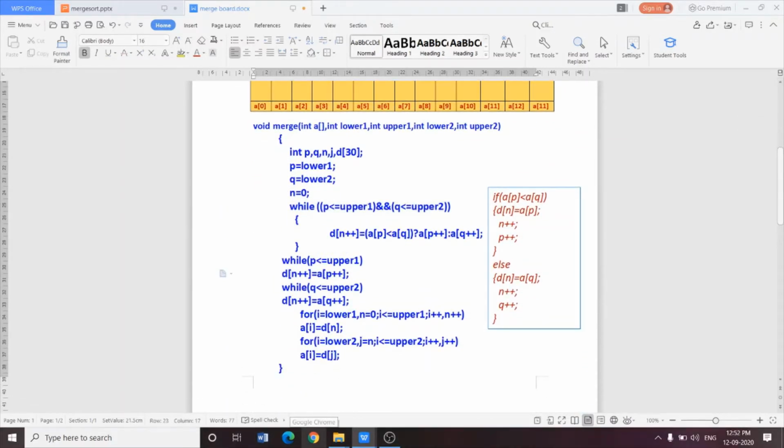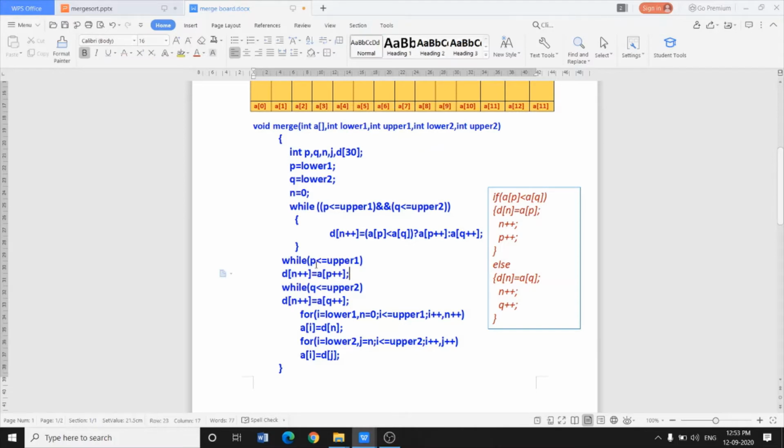Now see, for these two while loops, if P reaches upper one, then you have to copy all the remaining elements from the second array because these two arrays are sorted by themselves. And if Q reaches upper 2, you have to copy all the remaining elements from the first array. So if we reach the end of any one of the arrays, then we have to copy all the remaining elements from the other array.